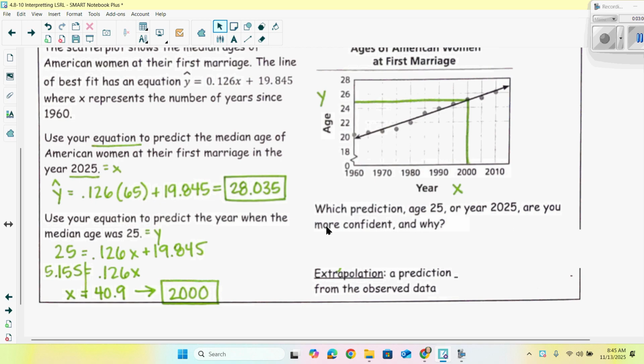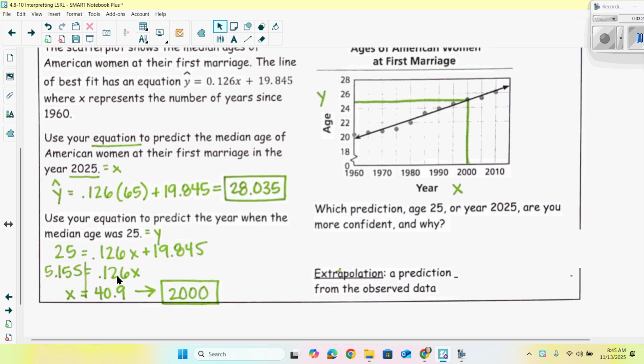And if you look, it should be right around 2000, but we're going to use the equation. It says use your equation. You have to show work, otherwise you won't get credit on the test. And we set y equal to 25 and solve for x. That means we undo a plus 19.845 with a subtract. That gets us down to